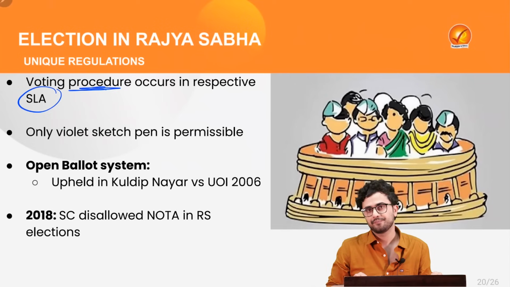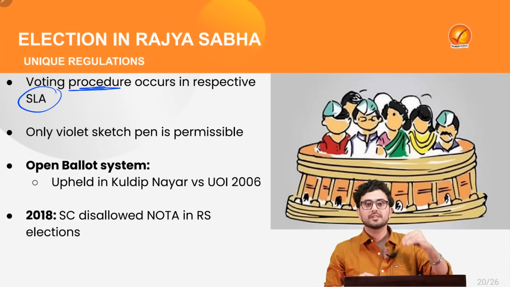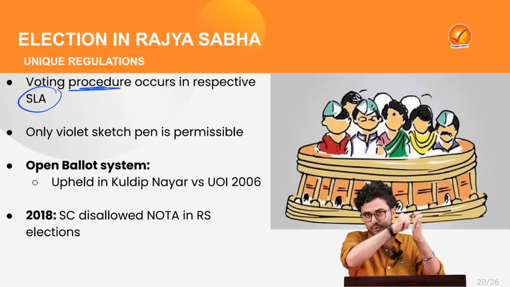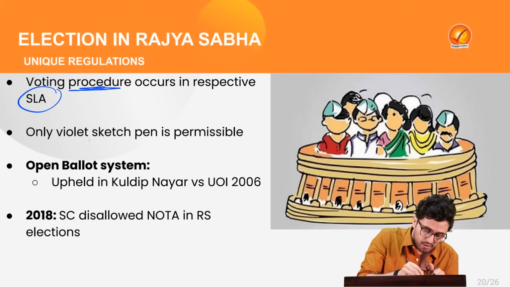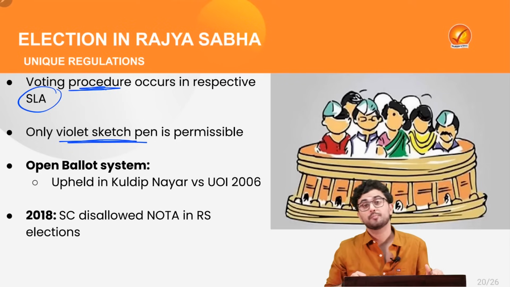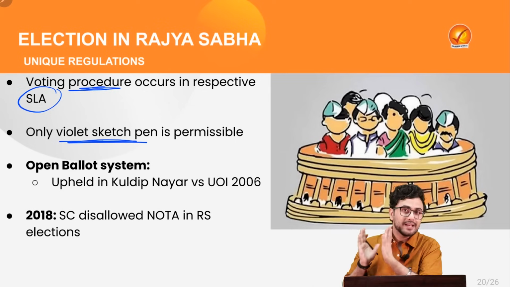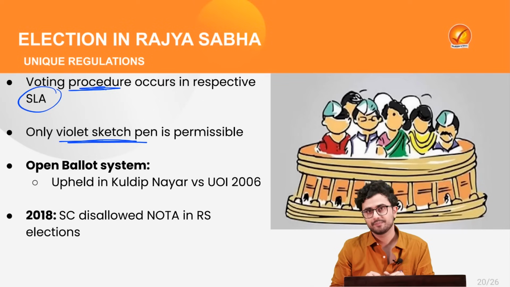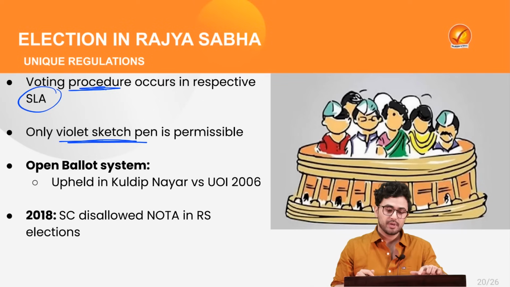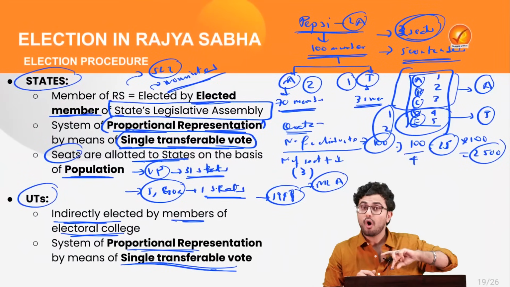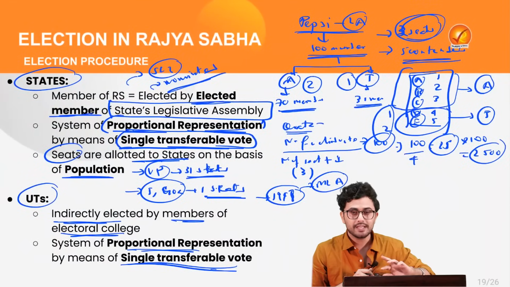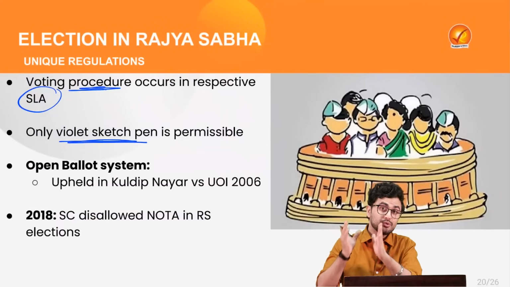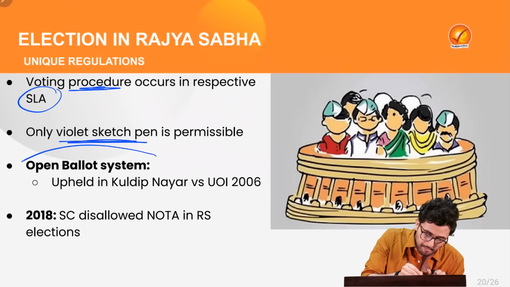This election also has certain unique features, such as these voting procedures occur in the respective state legislative assembly. Also, for such voting, if I am going to fill my ballot paper where I give preference to candidates, I can only use a violet sketch pen. If I use any other color, my vote will be held as invalid. Also, because of this issue of cross voting, certain reforms were introduced, such as the open ballot system,